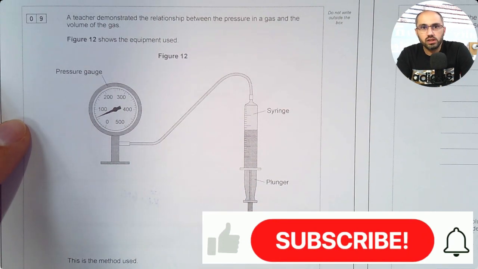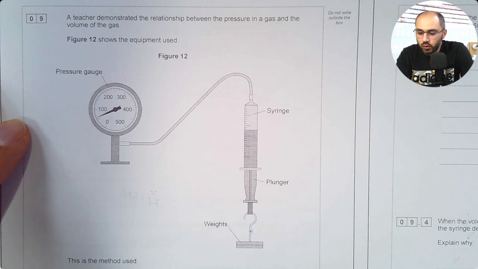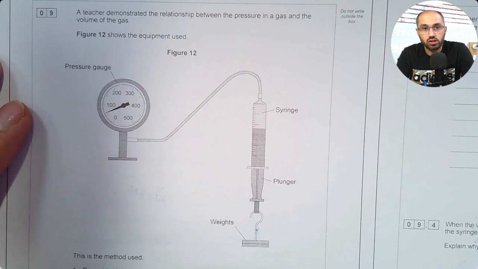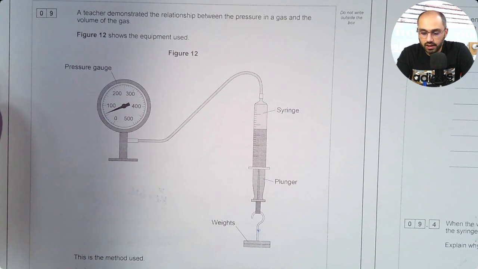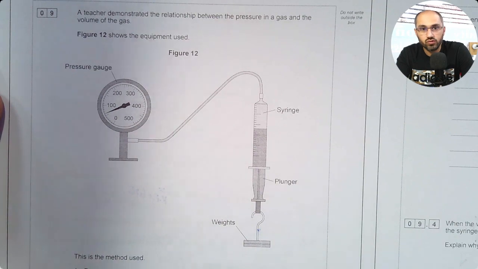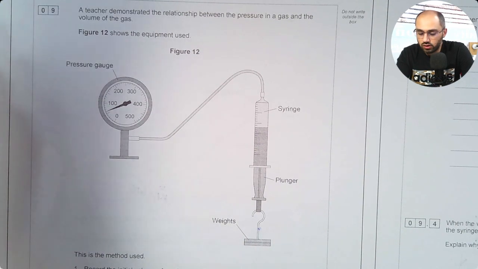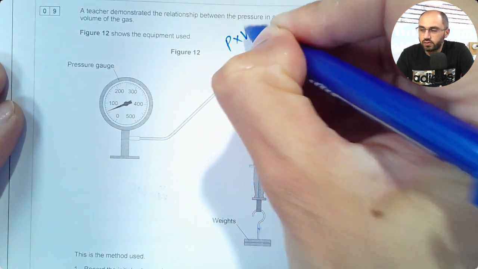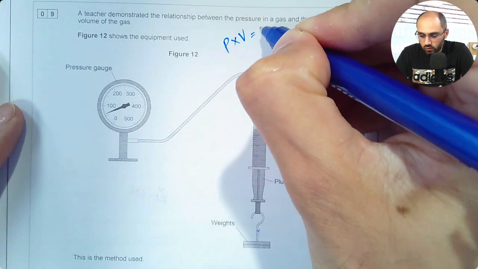We are looking at question number 9. The question says, a teacher demonstrated the relationship between the pressure in a gas and volume of the gas. So this statement means the teacher is trying to teach students how pressure in a gas is related to its volume. So you need to remind yourself, based on your learning, that product of pressure times volume is always equal